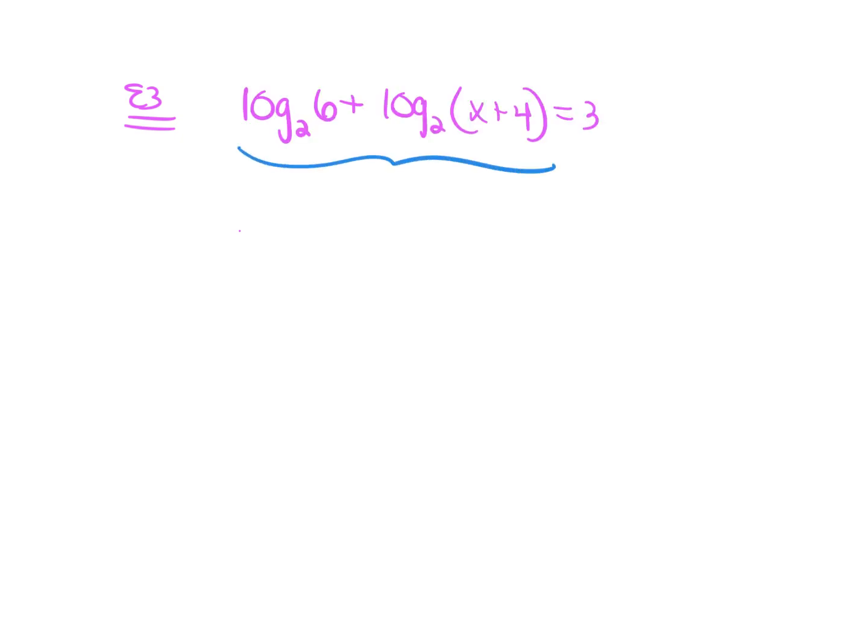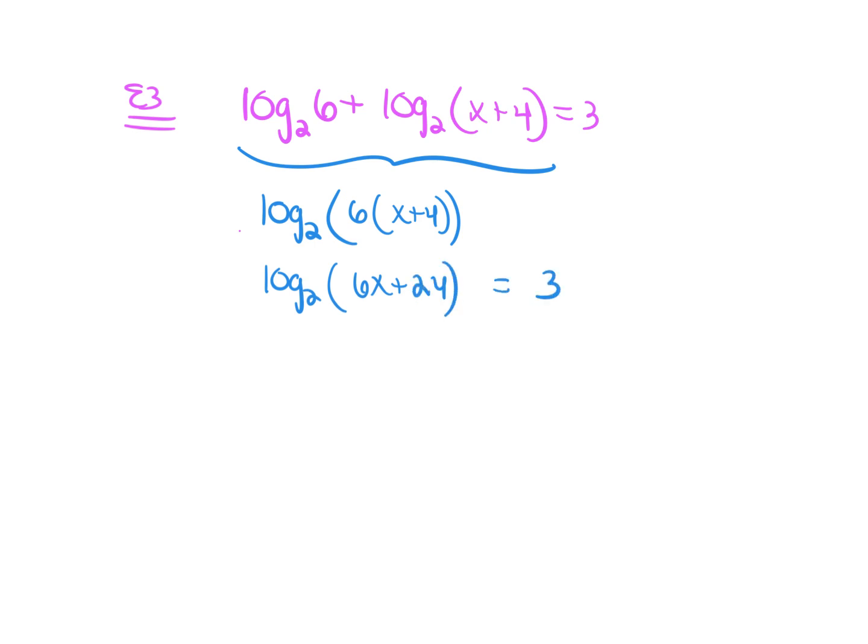Okay, so this next one is a log equation. To get rid of logs, we're going to introduce exponential functions. But before we do that, we do have to have it just as one log. So we're first going to condense here using the product property. That means we multiply 6 times x plus 4, which gives us log base 2 of 6x plus 24